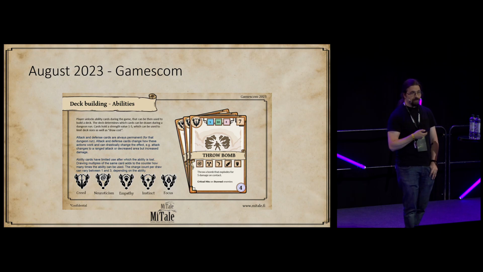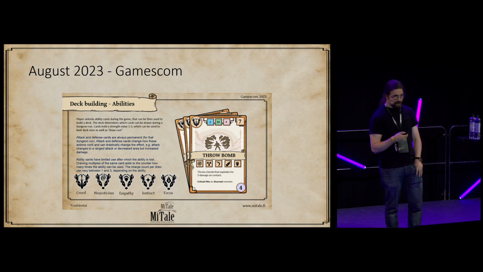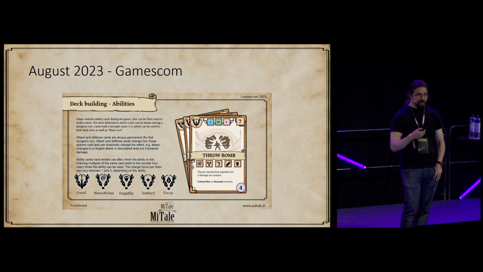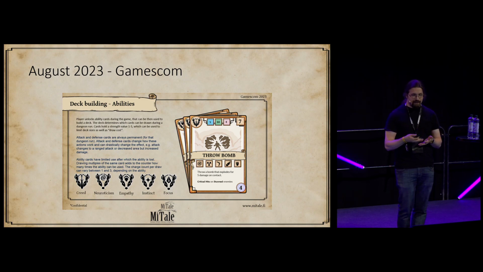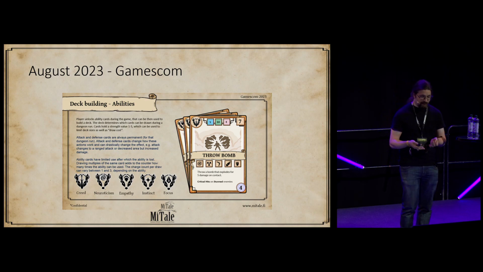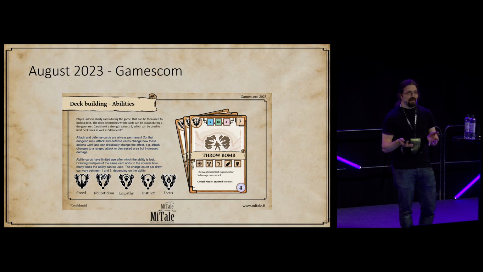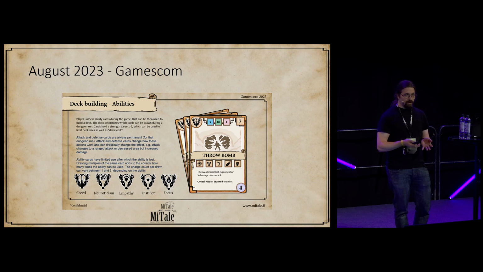By August 2023, the same year that we started development, 8 months later, we had a build that we were pretty proud of, and we sent it off to Gamescom just to get some feedback. At that point in our deck, we were already talking about the deck building and the inclinations being an integrated whole. So we had this idea that you have these inclinations that you increase in the story, and then that helps you during the dungeon combat.